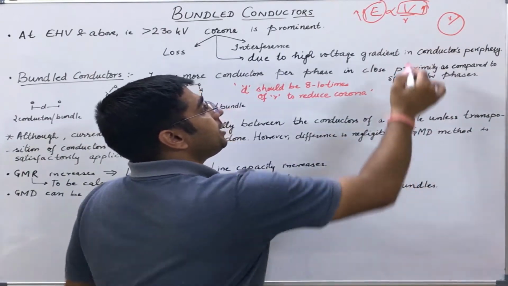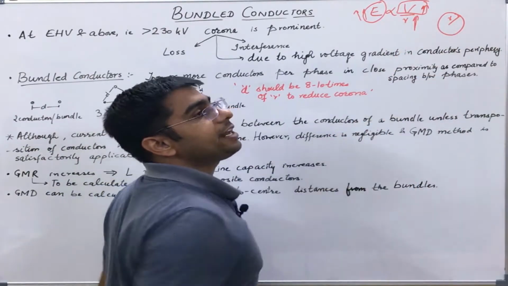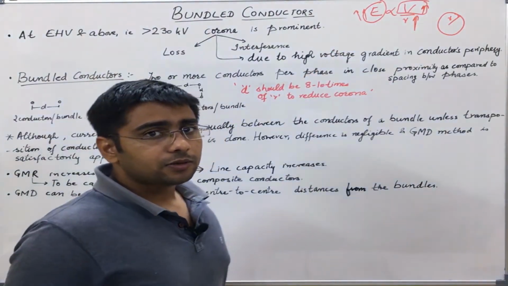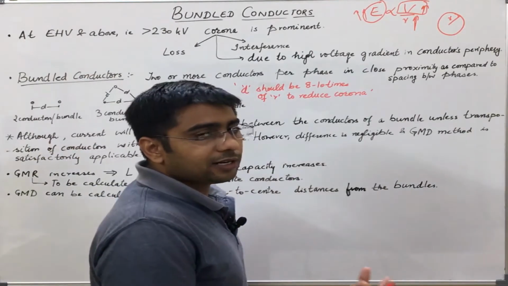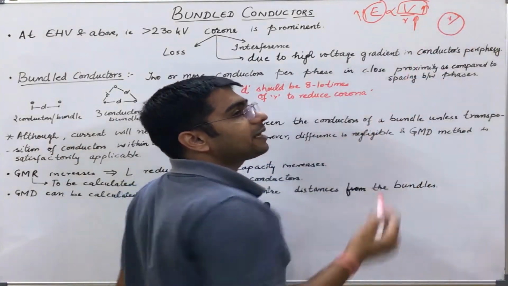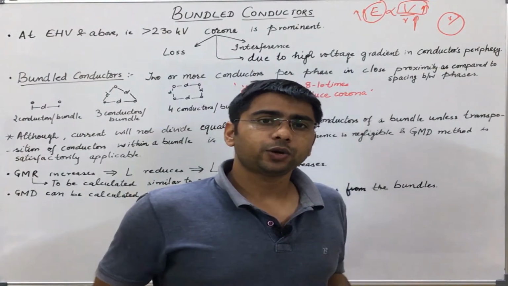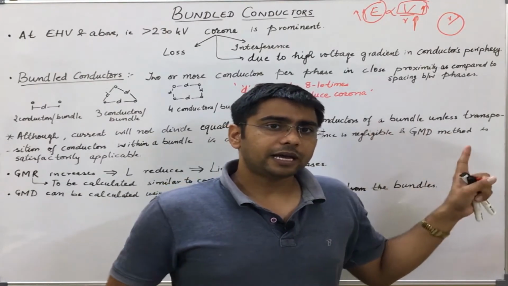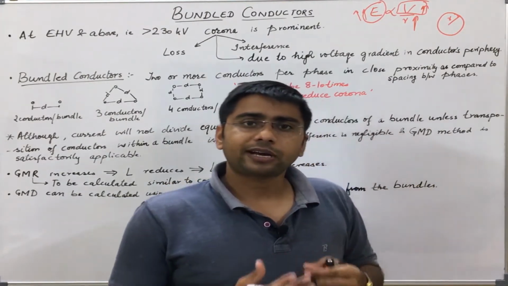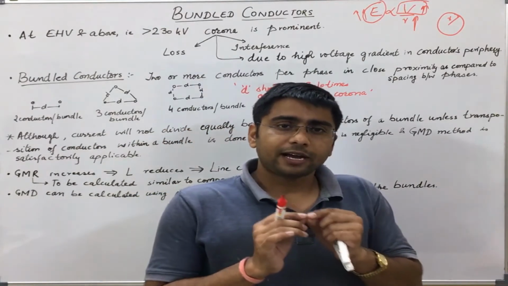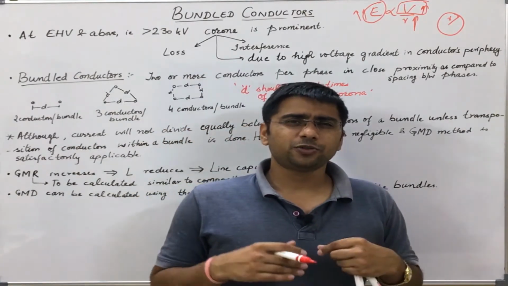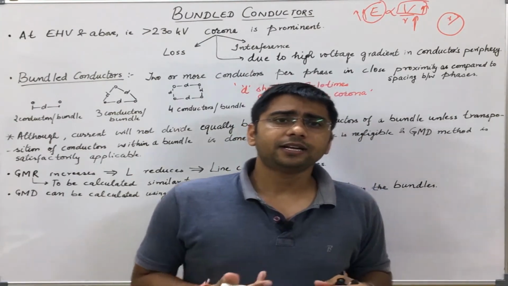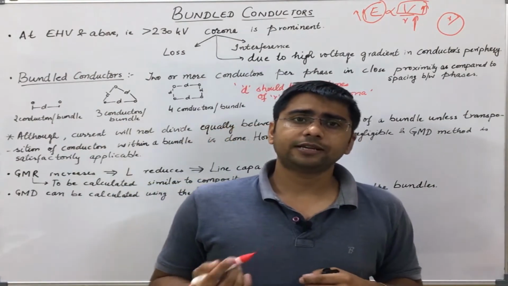One of the measures: if we increase the effective radius of the conductor, then E will reduce for the given voltage. So to reduce the corona impact, what is corona? It is nothing but the ionization of the surrounding air due to increase in voltage gradient in the periphery of the conductor. In this video, at the end, I will also show a photograph in which the corona can be easily seen. It is usually seen as a kind of violet light surrounding the conductors, especially for high voltage lines.